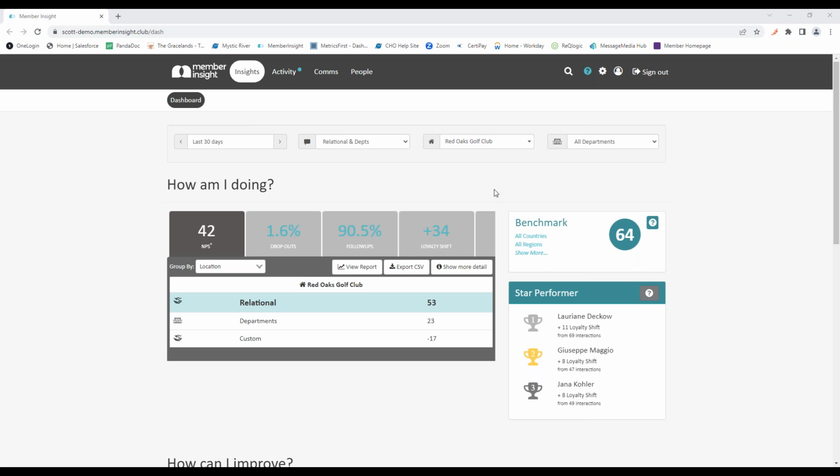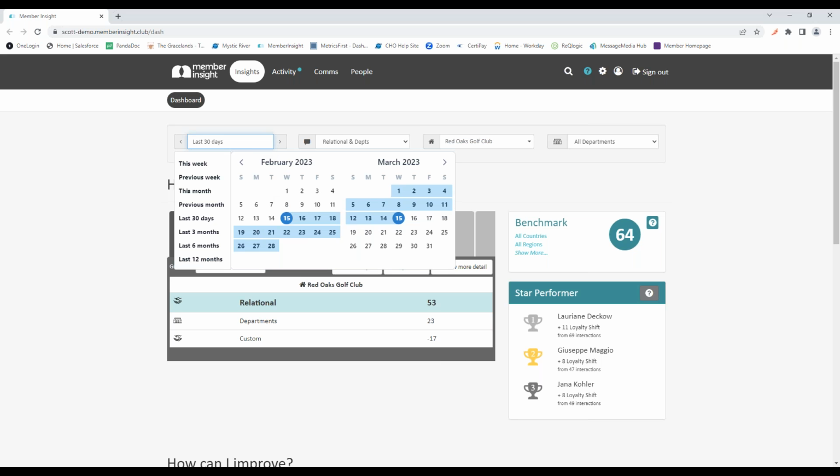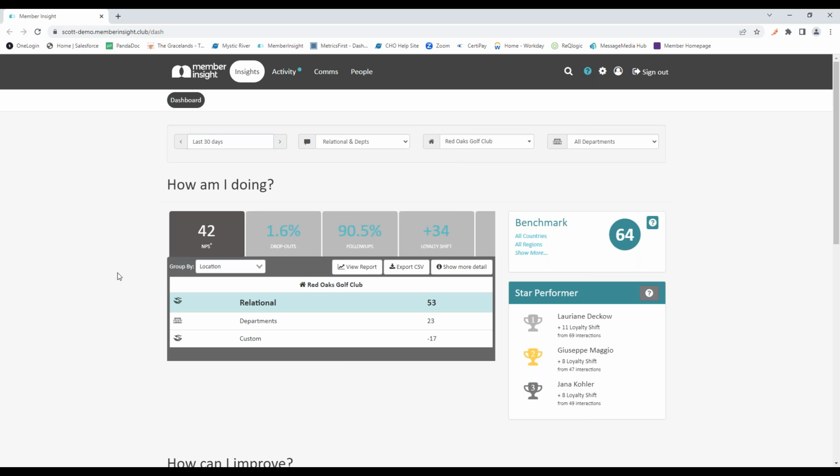But jumping in now, we'll touch on a couple things. Up at the top here, you can always filter your survey results based on certain time periods. Here are your static ones that you can choose from on the left, and then you can pick custom date ranges as well if you want to look at specific time periods of survey results. Over here on the right-hand side, you can choose by each department as well. So if you want to see specifically how the restaurant is doing, how our hotel portion of the club is doing, the golf course, golf shop, your different departments, you can get survey results specifically by department.